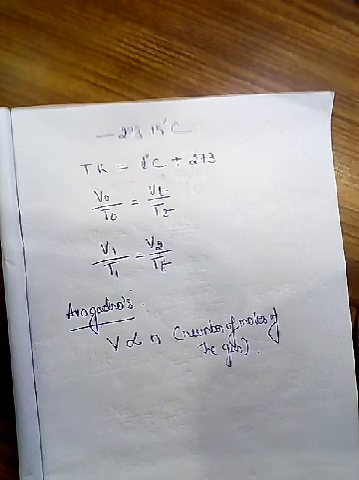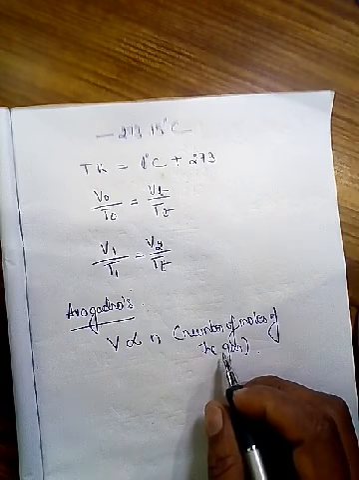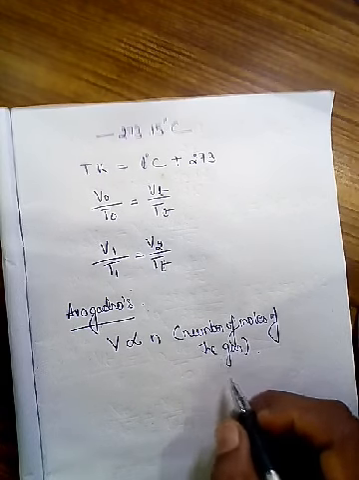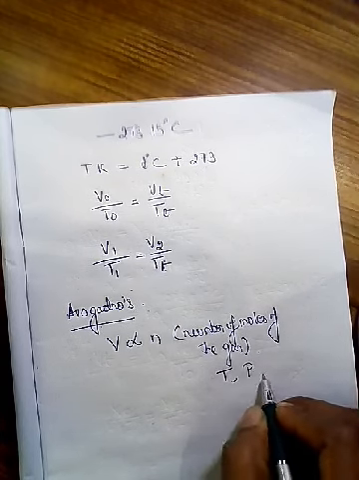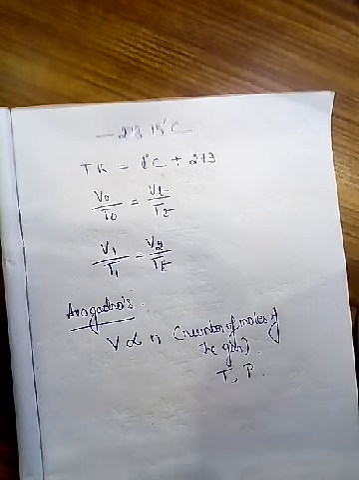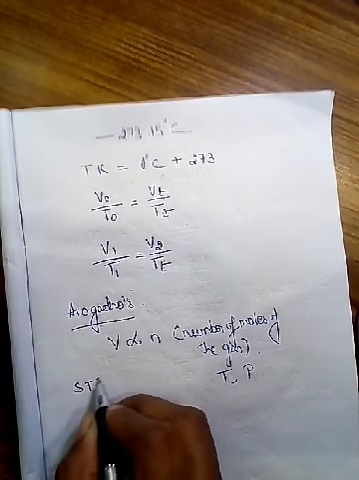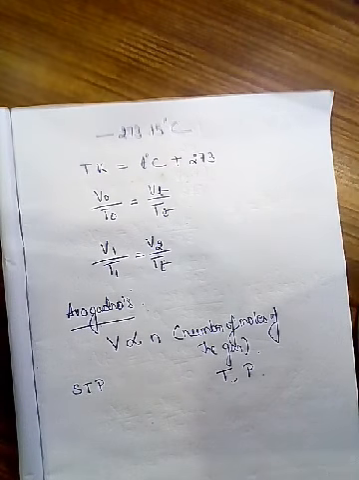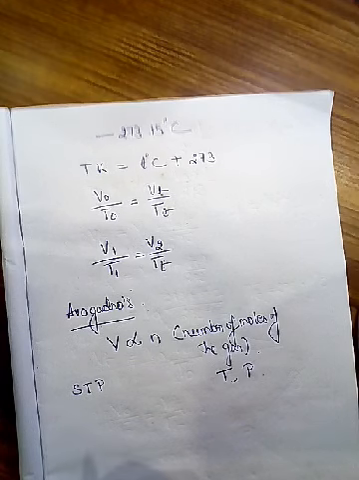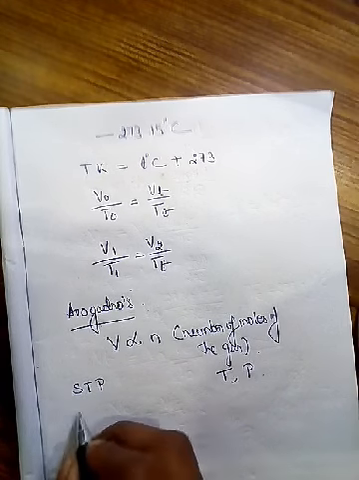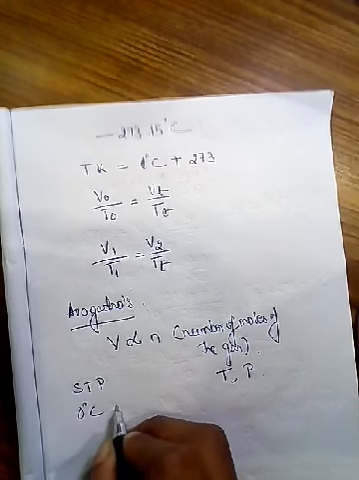So it says under similar conditions of temperature and pressure. So we can define here STP, standard temperature and pressure. Standard temperature and pressure is 0 degree centigrade, or this is equal